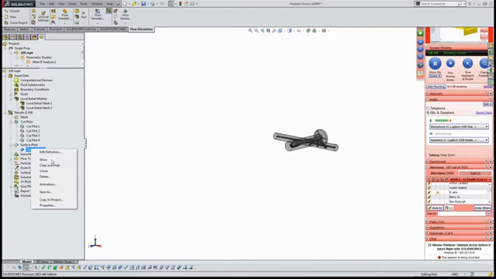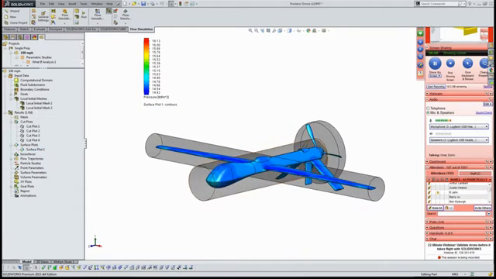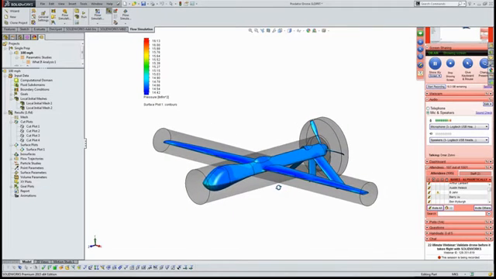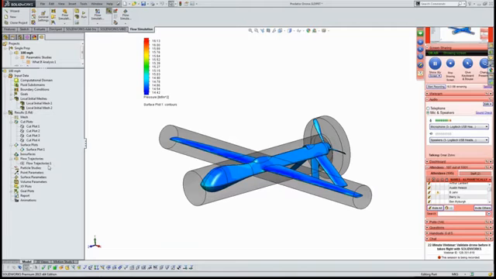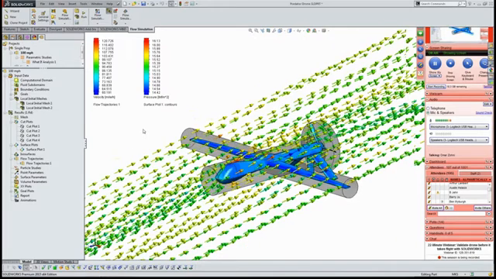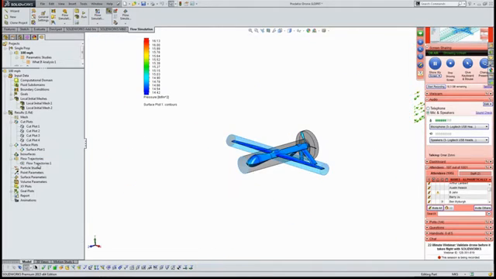Another nice plot that you can look at is something called the surface plot. And in this case, I'm just showing the pressure on my drone here. And then finally, the one that's really interesting in flow simulation that you really can't get in a finite element analysis is flow trajectories. So flow trajectories actually show us how